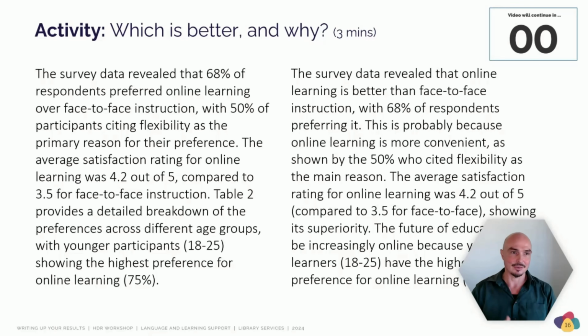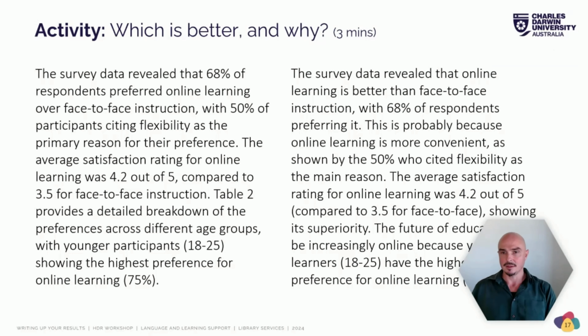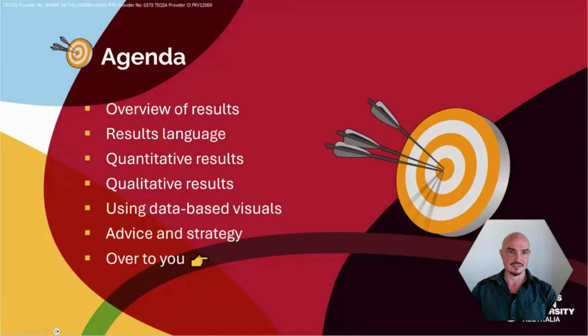Okay, so if you chose the one on the left, good for you. The one on the right has several weaknesses. It does things like give opinions or evaluations. It uses causal language, so it implies that one thing is caused by another. It gives an evaluation or some kind of definitive statement about the data, which should be done later in the discussion. And it makes predictions, and things like that would belong in the discussion section.